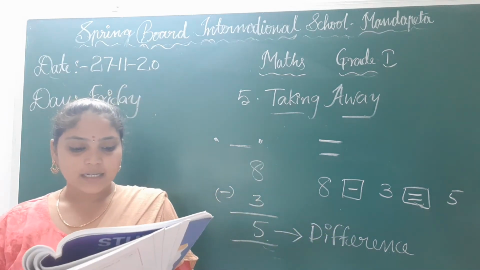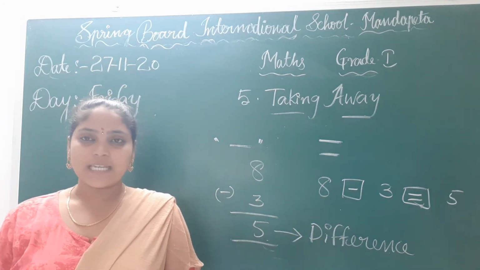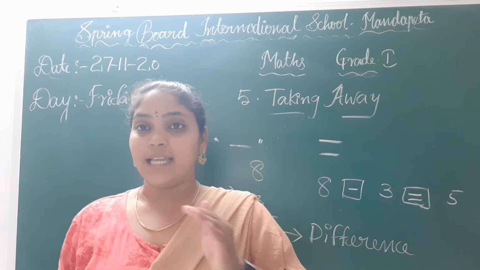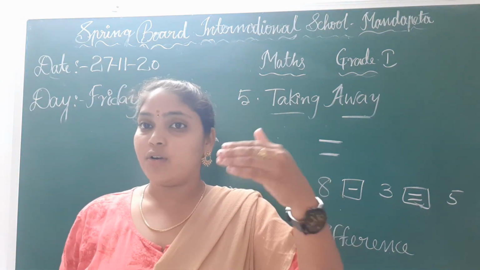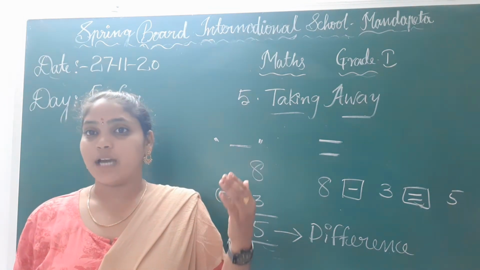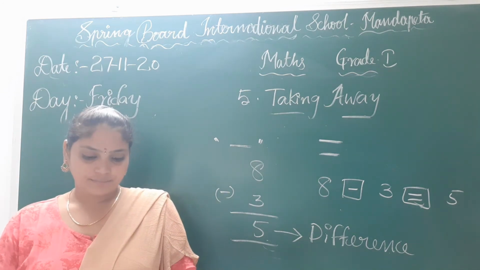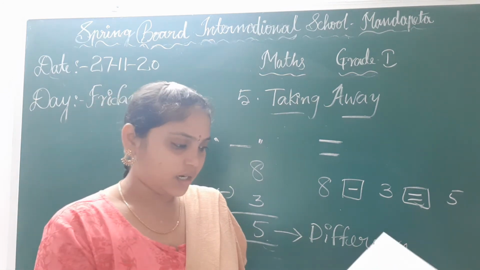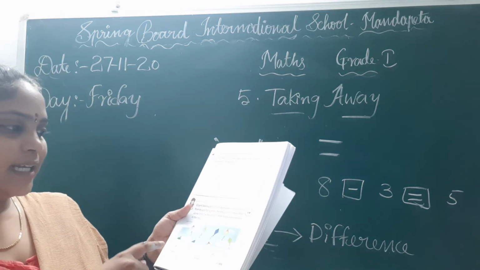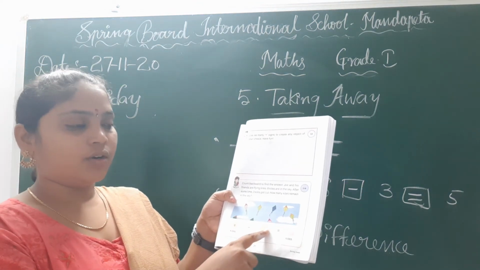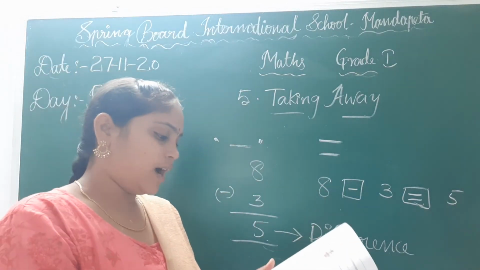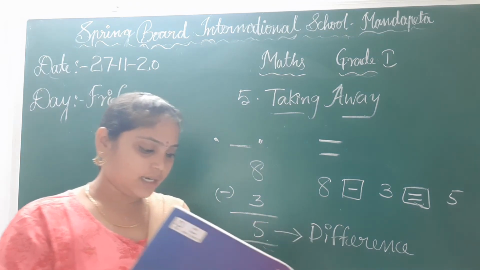To subtract or take away one number from another, we start from the bigger number and count backward. When we subtract numbers we are counting backward, and addition means we are counting forward. Okay, children? We discussed this already. Count backward to find the answer. So here totally 8 kites are there. In that 3 kites got out. It means 8 minus 3. Here 8 minus 3 is 5. You have to do it like that, children.